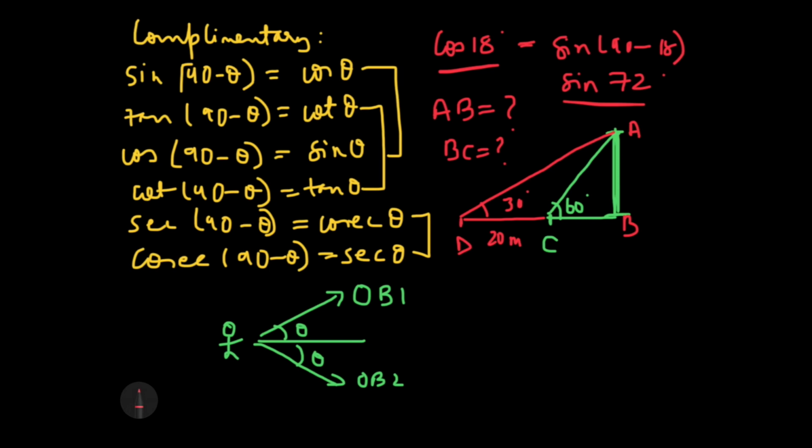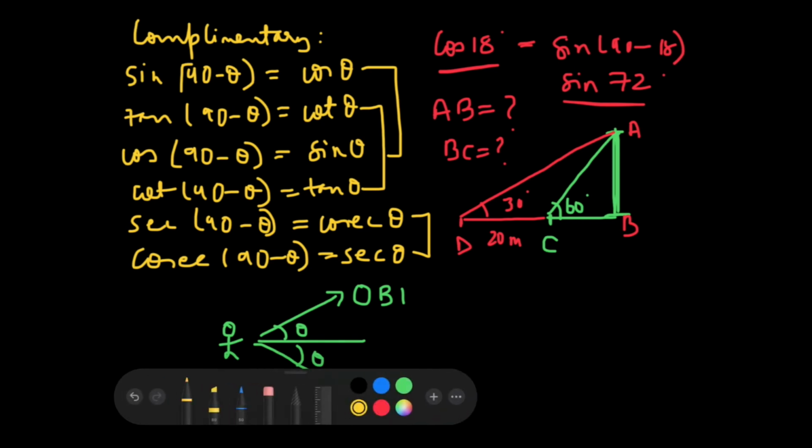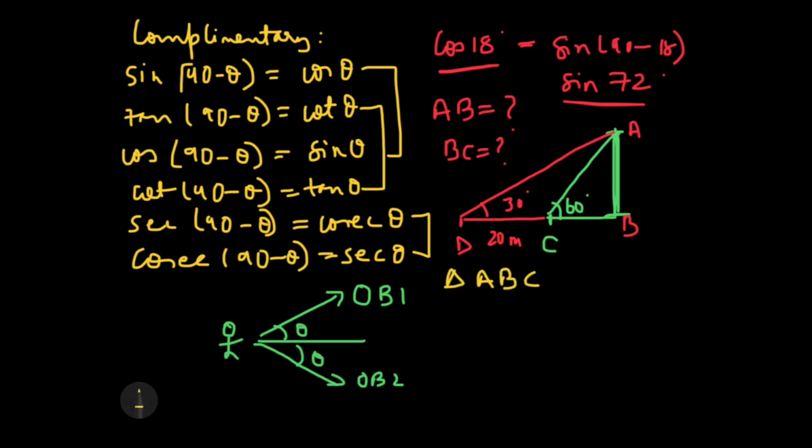For calculating it, we will apply the simple principles which we have learned so far. The simple principle comprises the principle of the right angle triangle, and this time we will be considering the triangle ABC. If I consider the triangle ABC, I can apply the principle of tan theta. Tan 60 degree is equal to root 3, which is equal to height by base. Height is AB, which I don't know, and base is BC, which I still don't know.